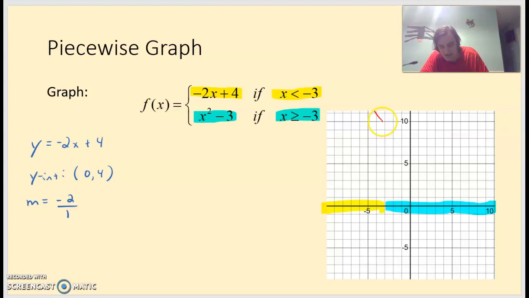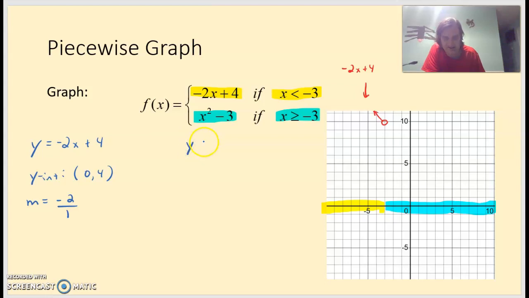So starting at negative 3, if I plug that in, I should get 10. So unfortunately, when I made this up for the other part, I picked something that didn't work out so well there. Okay, but this part right here is for the negative 2x plus 4. The other one,